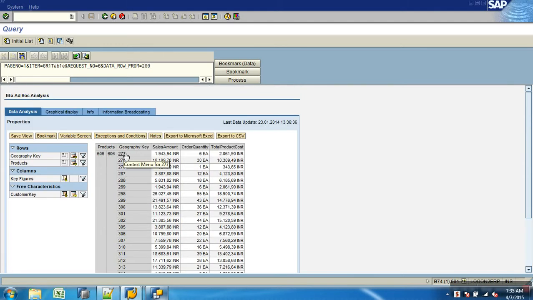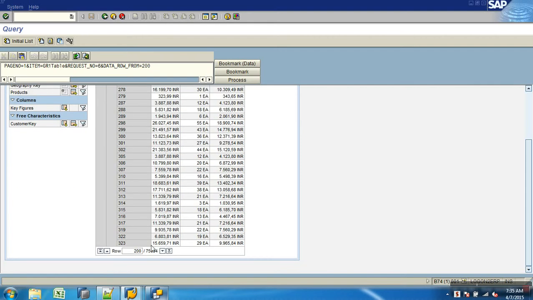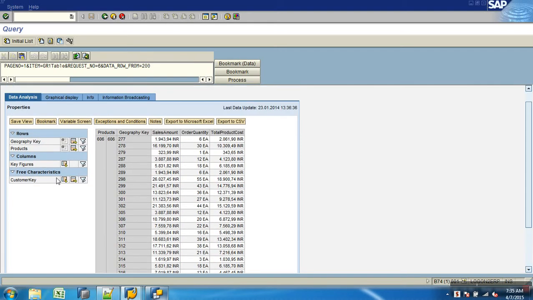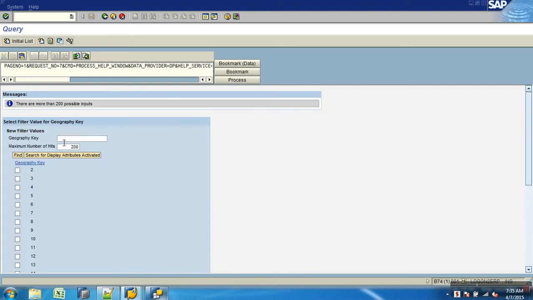For this product, it has got transactions in a lot of countries, that's why multiple rows. And it will show the result. But if it is only a single country, for example, I will filter the country for 277.